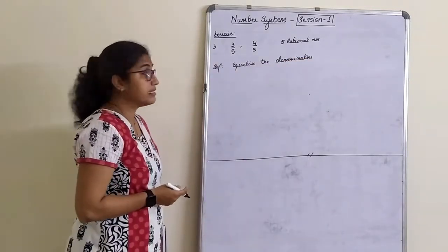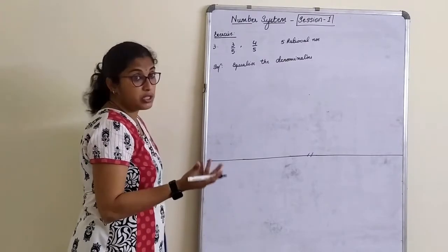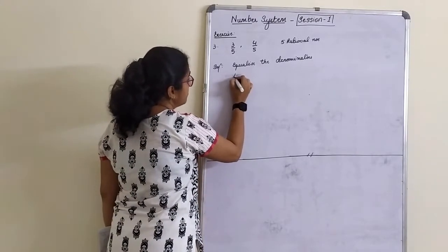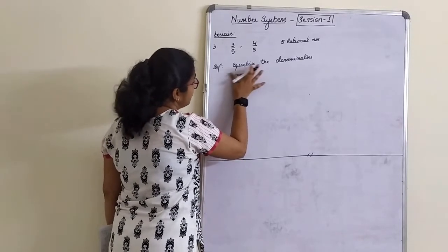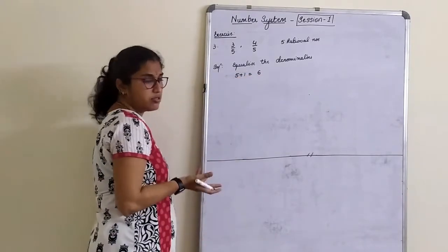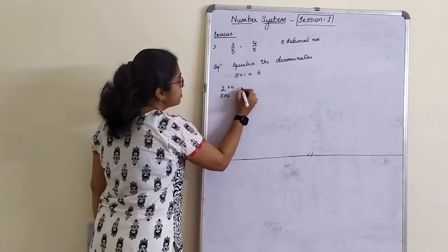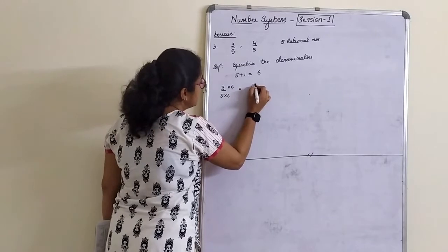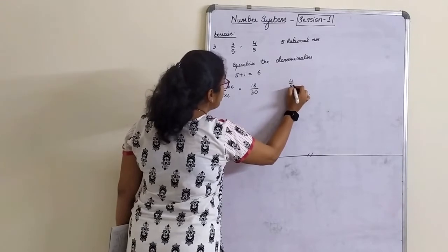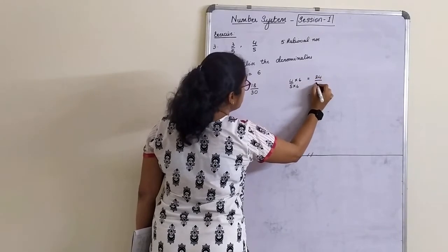Now how to equalize this? What number you want to equalize? Now again, they have given you the 5 rational numbers, you can use the same trick. 5 rational numbers, right? 5 plus 1 is equal to 6. Use the same trick and find 3 by 5 into 6 into 6. So this will give you 6 3s are 18, 5 6 are 30, and 4 by 5 into 6 into 6, 6 4s are 24 by 30.